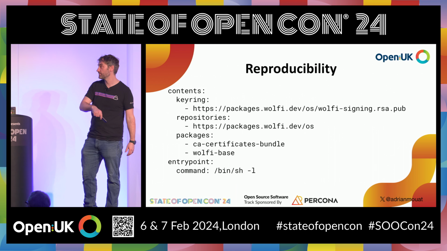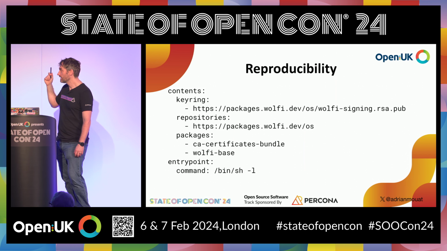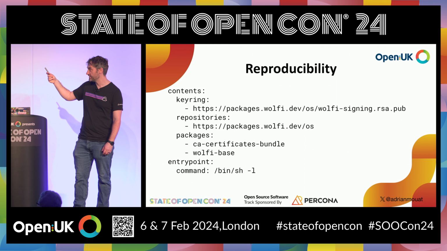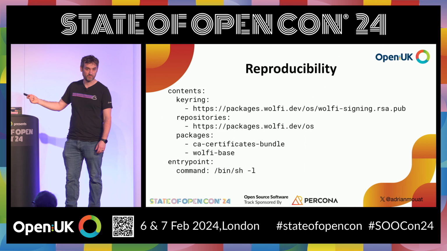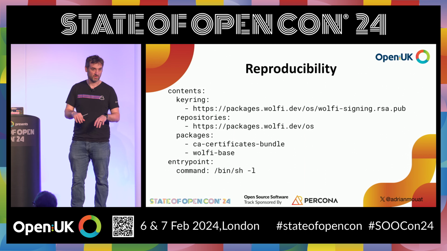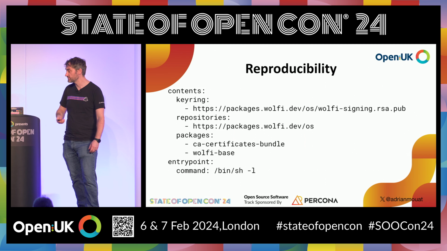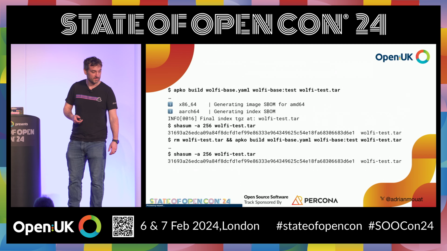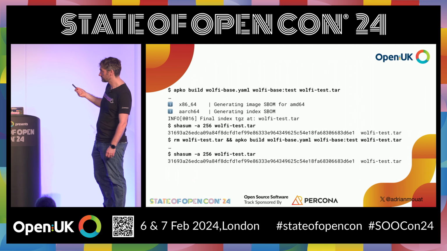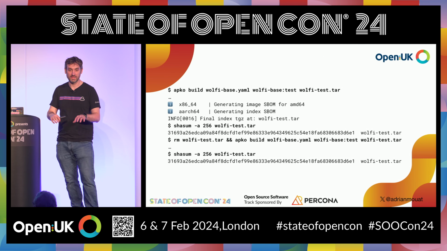So if I come back to AppCo, here's another AppCo, this time using Wolfi instead of Alpine. Again, very simple idea. All we're doing is creating an image with these two packages, CA certificates and Wolfi base. If you build this, basically you'll end up with what's called a Wolfi base image, which is really just a BusyBox shell and not a lot else. And we're also setting the entry point. But the key thing is, if I run AppCo, which is our build tool, on this YAML, it will generate a tar file. That tar file you can take and you docker load